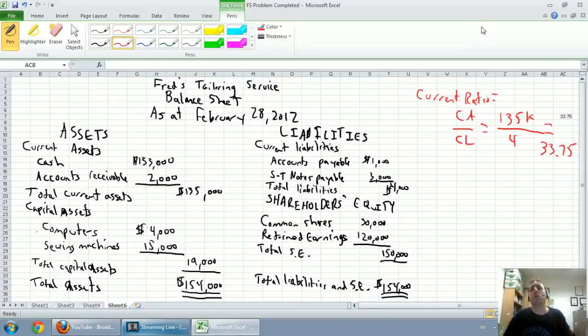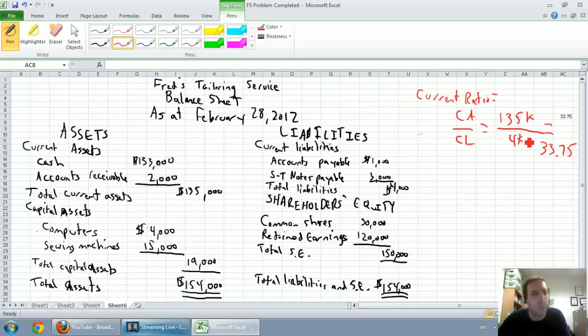33.75. Now, a couple of rules of thumb: 1.5 is thought of as a pretty magic number. If it's over 1.5, the company's safe. Less than 1.5 might be a little risky. 33.75 is very high. This company's very safe. Let's think about what this ratio is analyzing. Current assets divided by current liabilities. Current assets are all of our short-term assets, and current liabilities are those debts that are coming due within the next year. So basically, and I should make sure I'm dividing by 4K, basically what we're saying here is, do